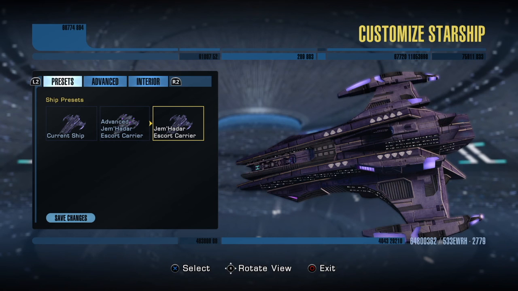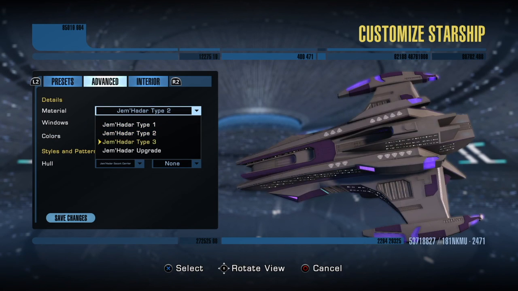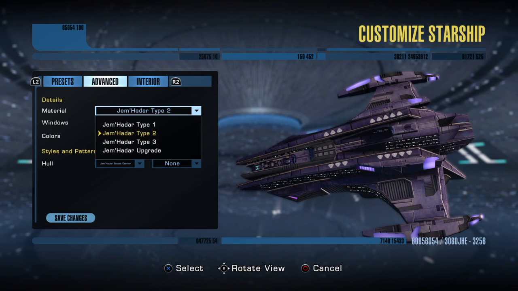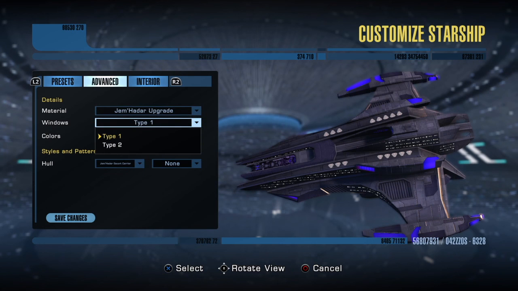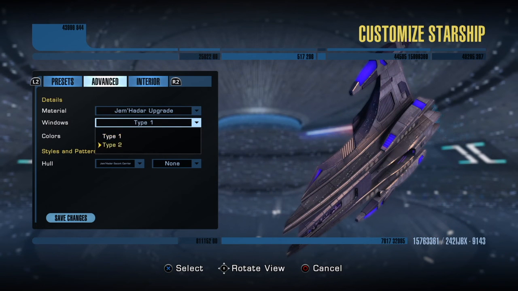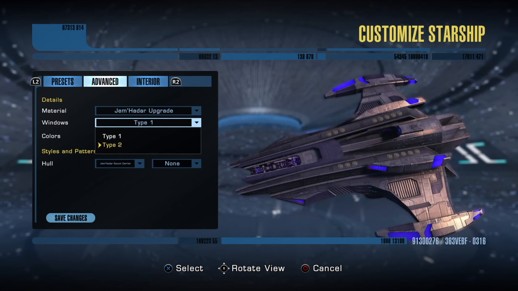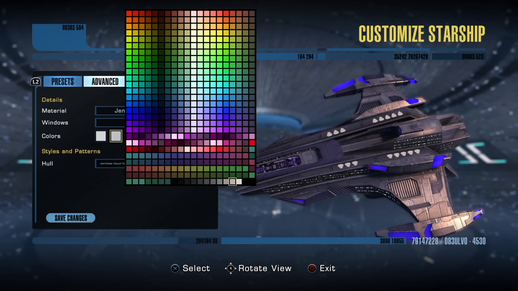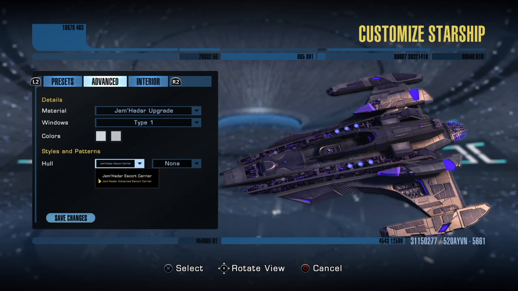When you go over here to advanced, again, you don't get a lot of options. You get some different shades, but is it made from different materials supposedly? But really, there's not much in the way of difference to it. Even with the lighting, it's just all shaded different. Nothing out of the ordinary, nothing's great, but it doesn't look bad either. You got some different colors and stuff like that over here. As far as the hull goes, you can kind of